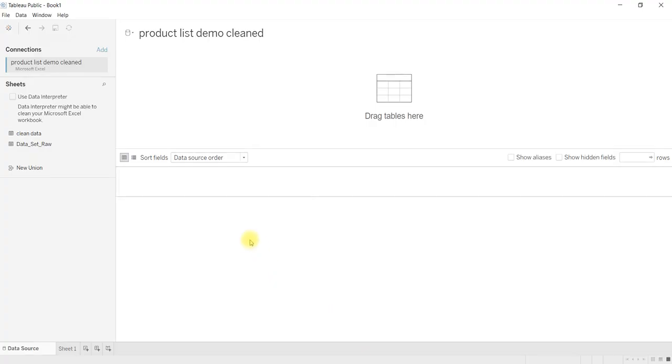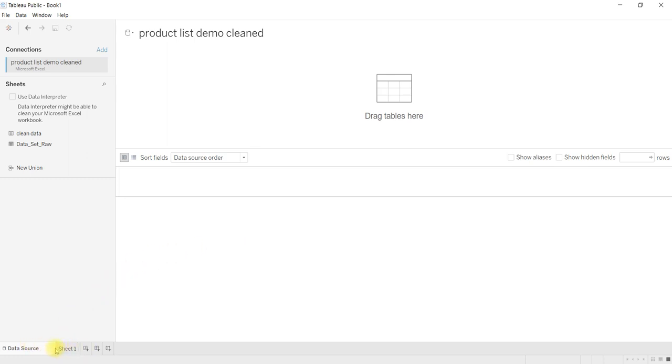For that reason in Tableau we have to load clean data, because we will not be able to clean it here. So many cleaning options are not there in Tableau. Only basic cleaning you can do, like split or changing a format, but you will not be able to do the cleaning that you can do in Power BI. For that reason it is always preferred to load the clean data.